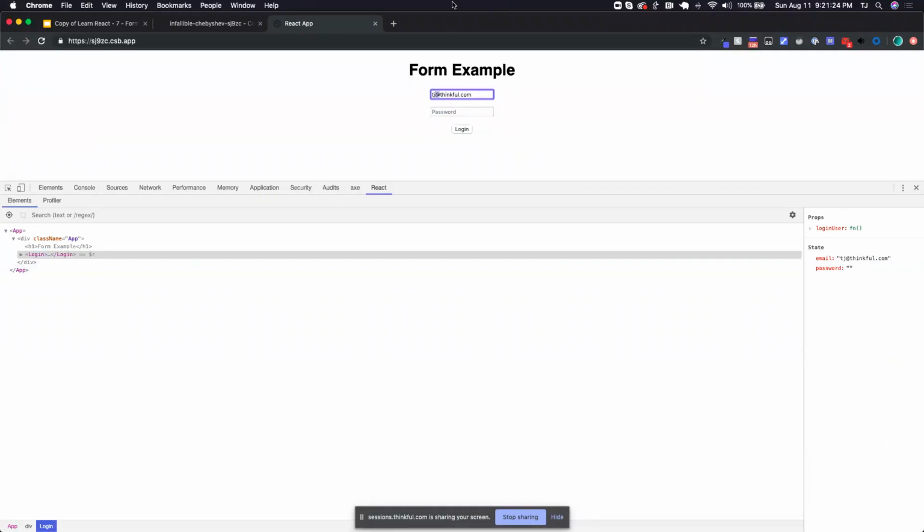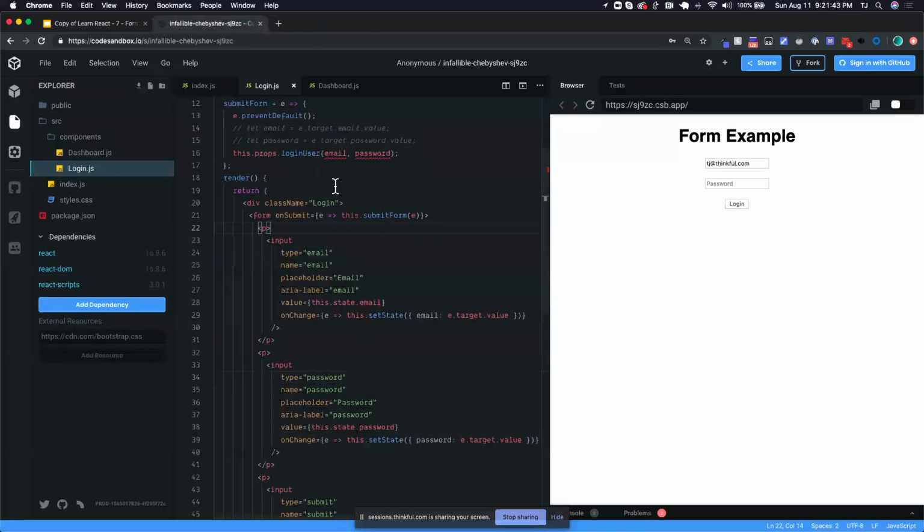So if I change that to tstalka, you'll see it updating on the right there in DevTools, right? You can see it highlight in yellow. As I type in a password, you can see it update, okay? Now if I hit login right now, nothing's really happening. In fact, it's actually throwing some errors, and that's because we don't have an email and